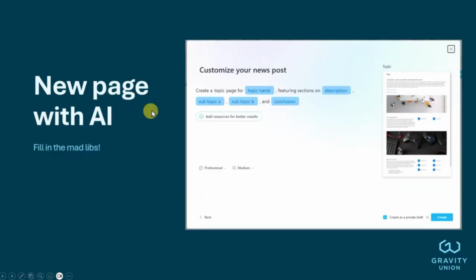When you click create a page, I'll start with that one. It's similar to using Copilot in other places, maybe, but it's a little bit more structured. You get this almost Mad Libs experience. When I did this for a news post, you can fill in the topic of your news post and what different sections you might want. And it does work a little bit better